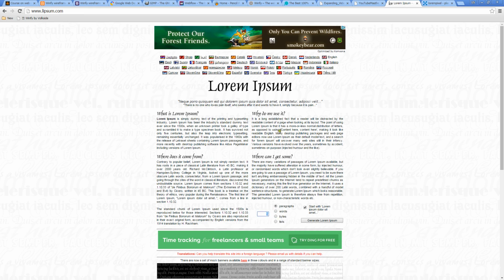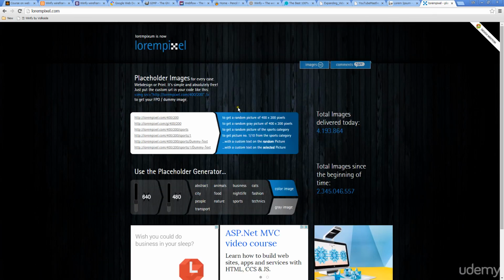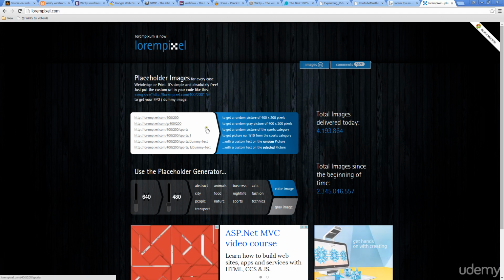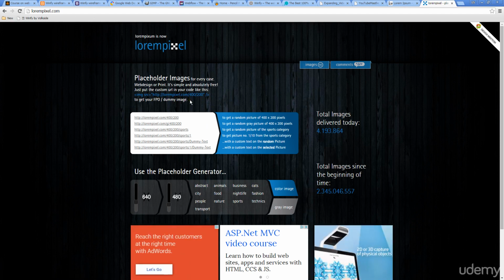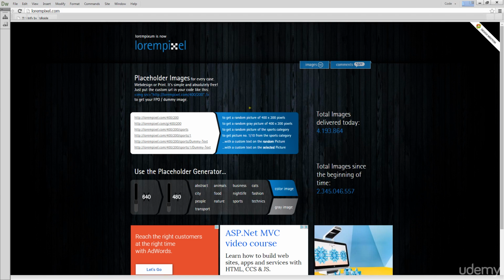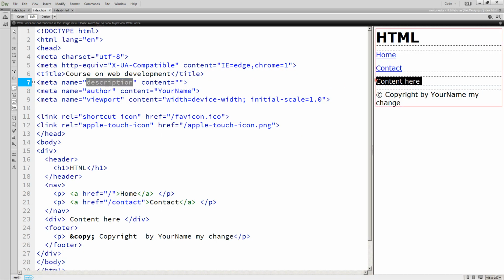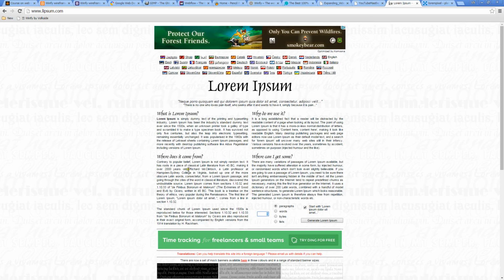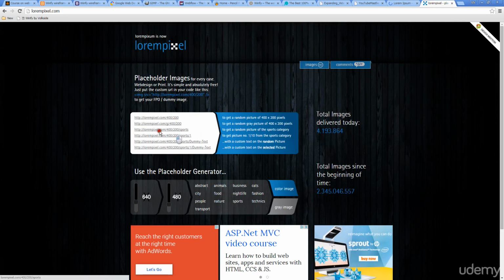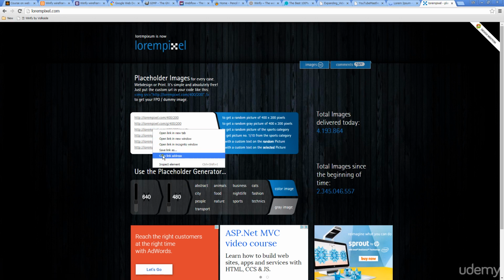There's a few different outputs here as well, and we also have a lorem pixel. So if we need something as a placeholder for images, you can always use these lorem pixels as well, and this is, you can directly post within your code. So this is a great way to kind of fill up some content. So if I had content here and I needed just some dummy text, I can generate that here. So I'm just going to generate 5 paragraphs. And as well, if I needed an image, let's say if I wanted a sports image, I can copy that